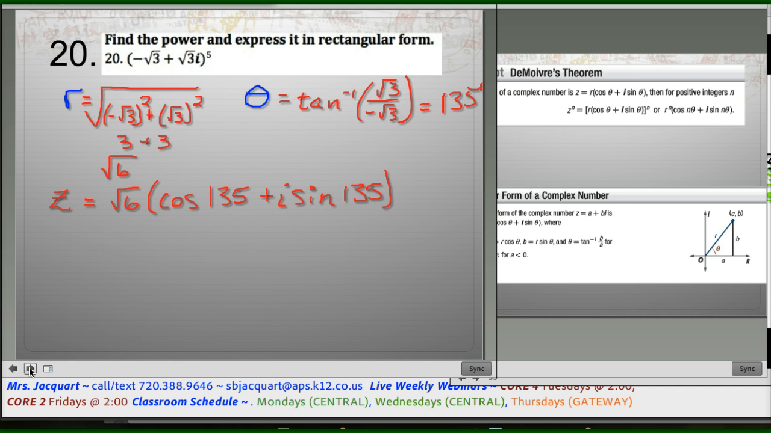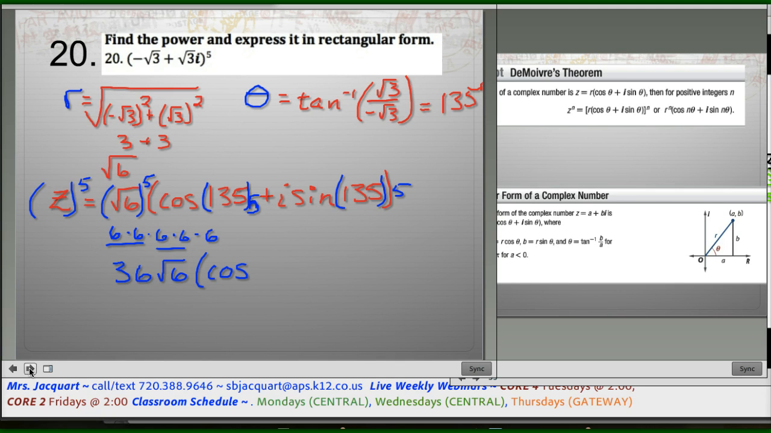And now all we have to do is plug in our little cool formula. We want to take it to the 5th power. So that goes to the 5th power. This gets times by 5. And this one gets times by 5 as well. So then I get square root of 6 raised to the 5th power. I have no idea what it is. I get 6 times 6 times 6 times 6 times 6. Pairs come out, so we get 36 square root 6 cosine. And what's 5 times 135? Equals 675, plus i sine